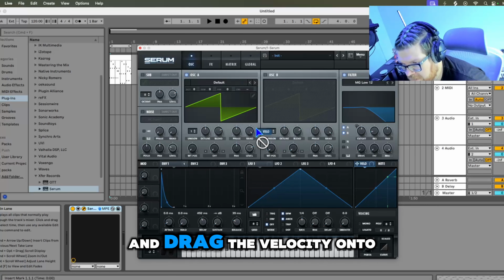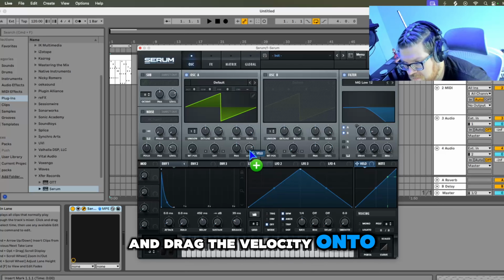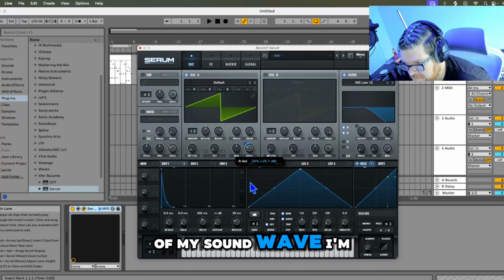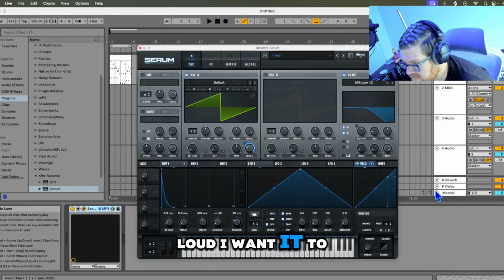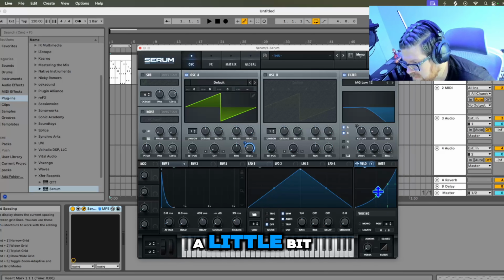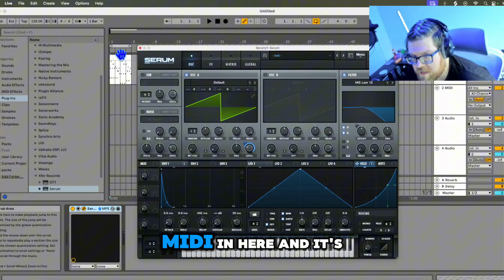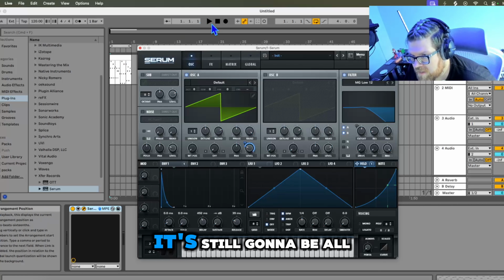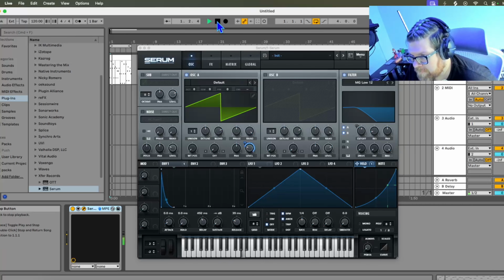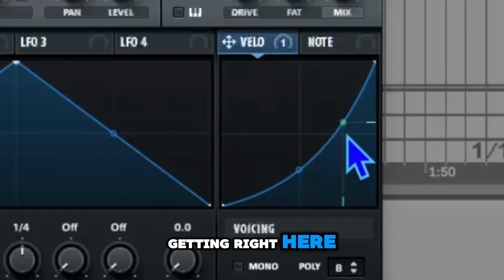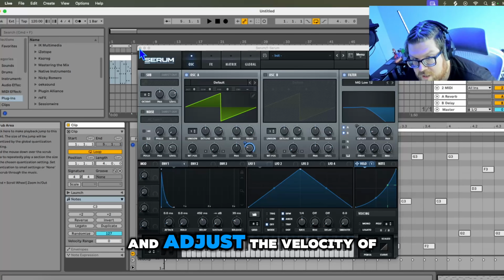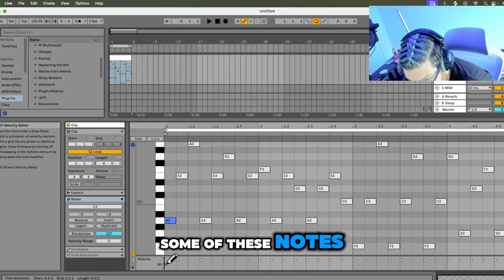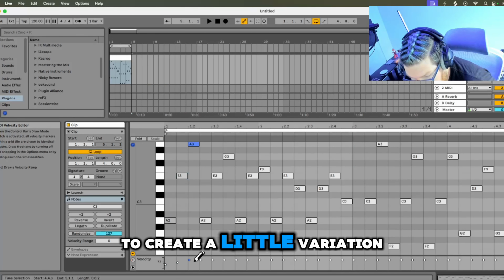So I'm going to go ahead and drag the velocity onto the level of my sound wave. I'm going to pick where I want it to be the baseline, how quiet I want it to get, and then how loud I want it to get. And I'm going to adjust this a little bit. Now, because I wrote this MIDI in here and it's all the same velocity, it's still going to be all hitting right here. But if I go into my MIDI clip and adjust the velocity of some of these notes to create a little variation,